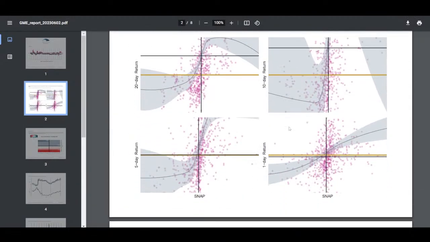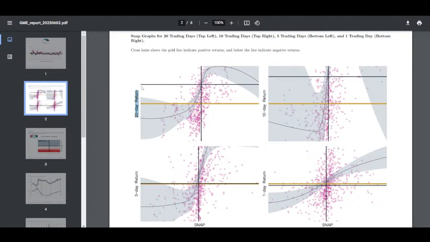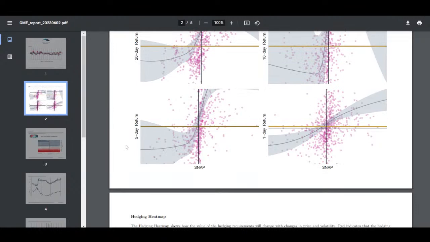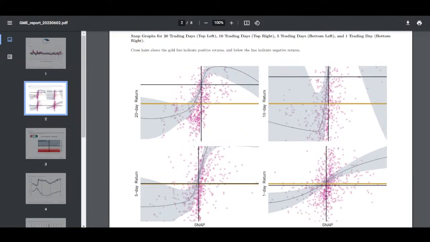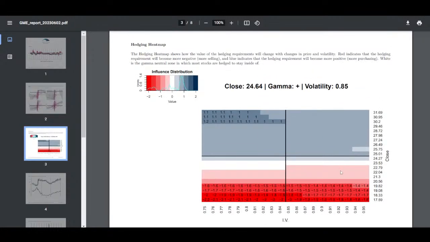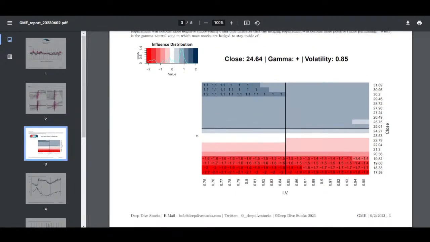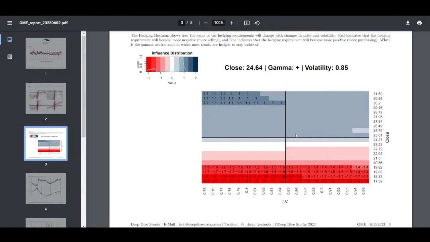Now, some other things that we can see, the 20-day return and the 10-day return for the snap graphs are still bullish, but the 5-day and the 1-day have started to flip neutral or bearish, as in the 1-day is bearish. So the crosshairs below the gold line is bearish, the crosshairs above the gold line is bullish. The hedging heat map is in a gamma squeeze orientation, which isn't great. It means that most likely too much of retail bought calls, and now the dealers are hedging it for the